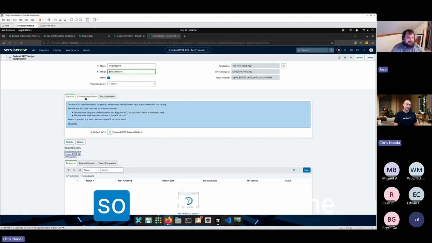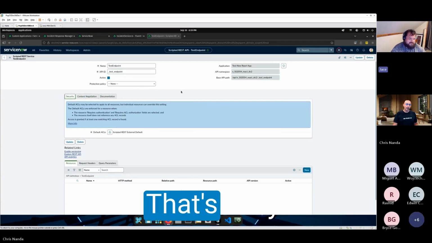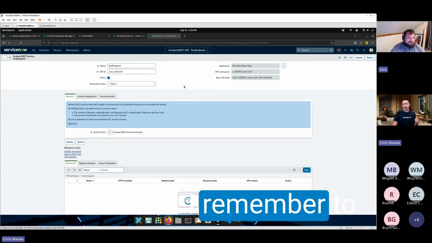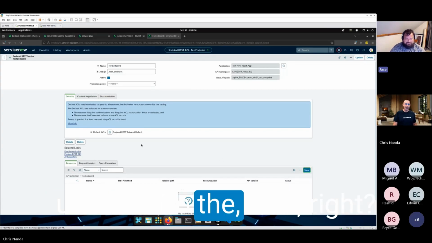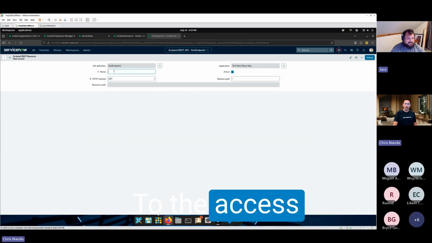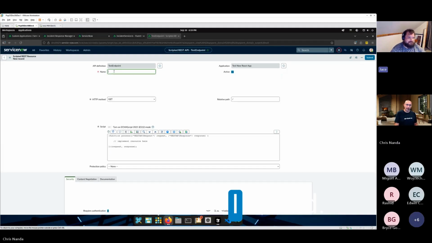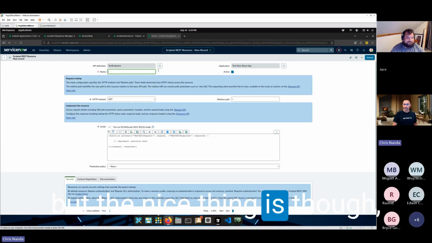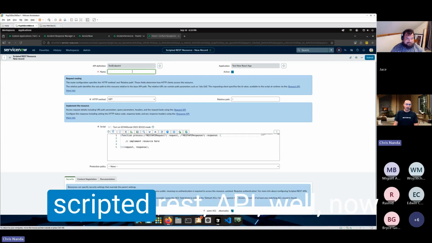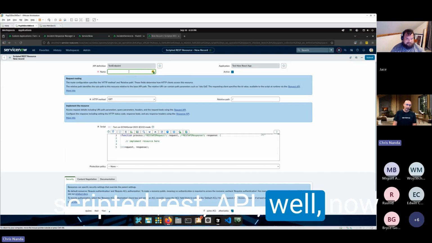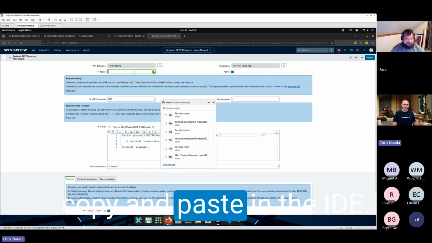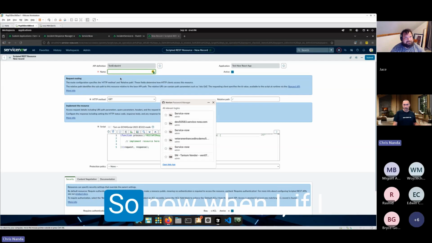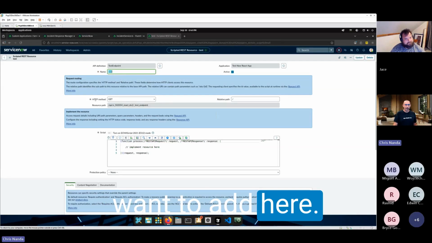Yes, because I would know the script include record. That's easy. That's one record. But would I remember to make a sysuser role? Would I remember to attach the sysuser role to the ACL, the access control record? I don't know that I would. But the nice thing is, after I create this scripted REST API and have all of that stuff, it's easy for me just to copy and paste in the IDE. So now if I want to add here,